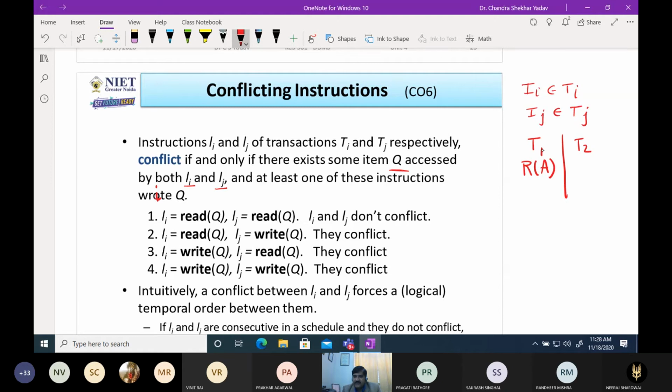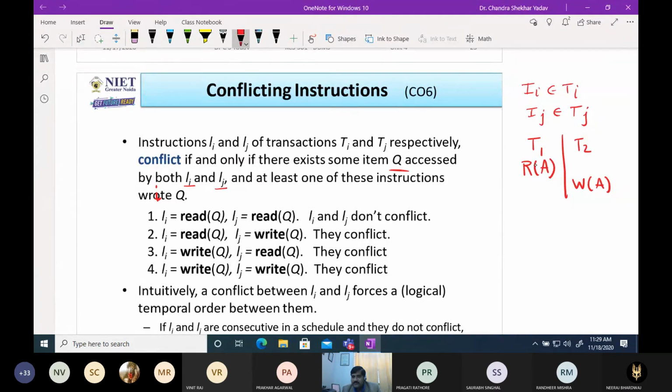Suppose T1 performs a read operation over A and T2 performs a write operation over A. Here I1 belongs to T1 and I2 belongs to T2.